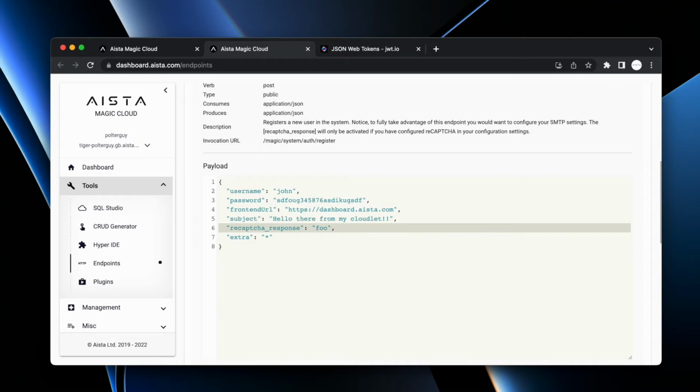Since I don't have reCAPTCHA configured, I can just delete it. It's going to simply ignore it. And then name, John Doe, email, john@servergardens.com. You see, if I provide an email extra field, then something interesting is going to happen as long as